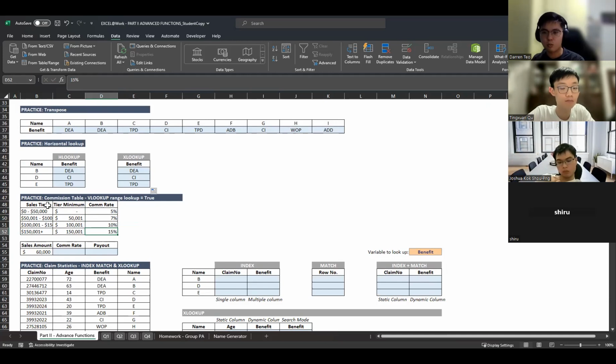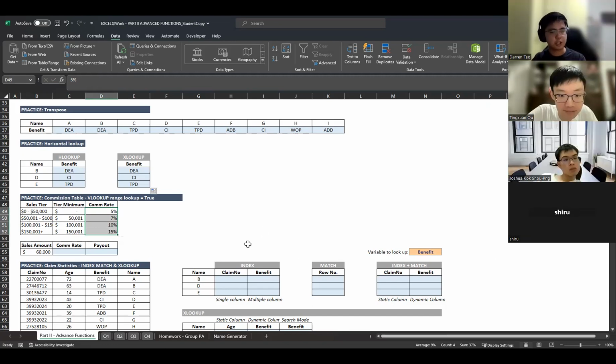So when an agent does a certain sales, we close a certain number of sales, we don't know which tier they fall in until they reach a certain milestone. So let's say you earn 60K, then which milestone should they be belonging in this particular scenario? Anybody want to give me a quick reply?